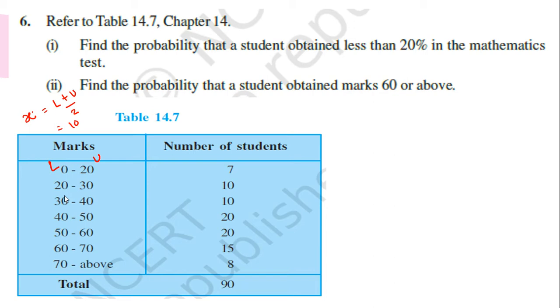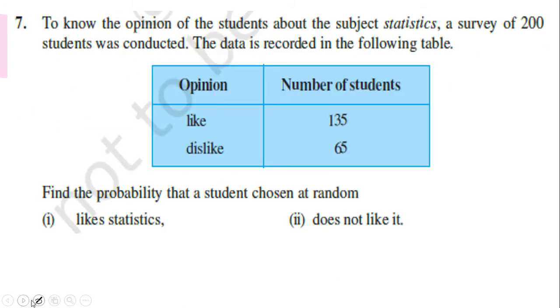Here, because we have to find probability, we don't have to find x bar. X bar means mean. If you want to find the mean, which we learned in the last lecture of chapter 14, you should first find the sum of f xi, and then you can find x bar. But here, because we have to find probability, we go directly back to the point. Here, less than 20 percent of marks, that type of students' probability we have to find. 0 to 20. So how many students are there? 7 students are there. So probability is equal to P of E. I will write P of E, probability of any event. Sorry, not P of E bar, P of E.